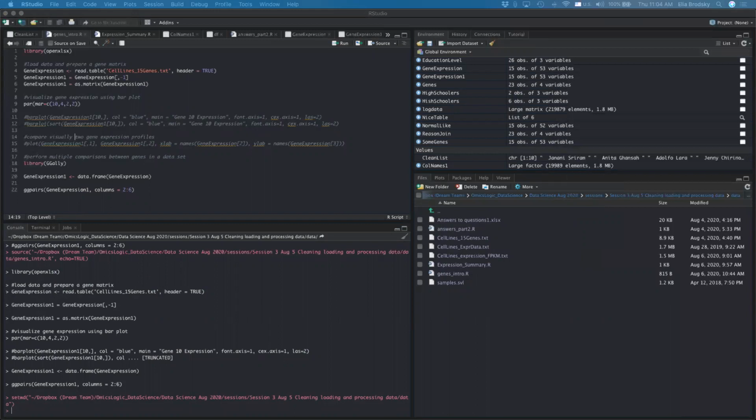let me just open this. How to deal with data that is non-intuitive, right? So what we first did is we loaded the data. Here we load the data, and instead of the 15 genes, we can load cell lines expression data.